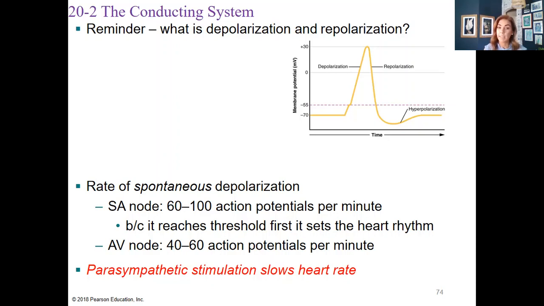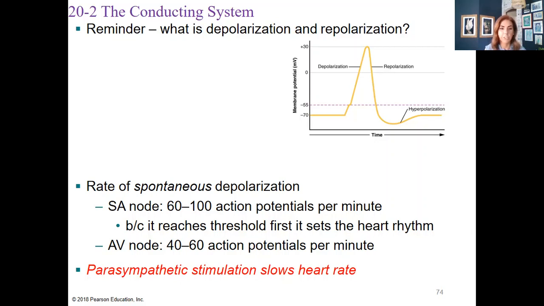Now, if both the SA and the AV node are damaged, the Purkinje fibers do have the ability to take over, but they run at a rate of about 20 to 40 action potentials per minute. So the Purkinje fibers are not going to be able to withstand that long term in order to keep the body in homeostasis. So if you're wondering if there is 60 to 100 action potentials per minute, why does